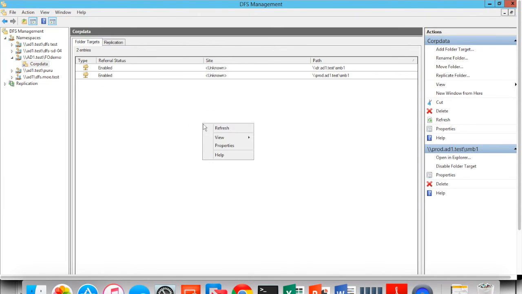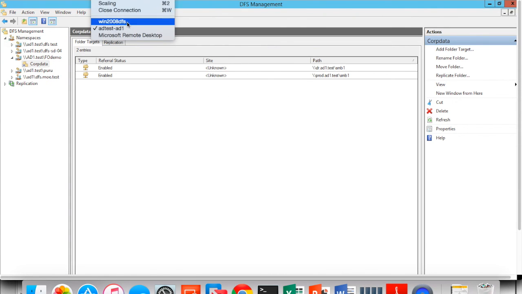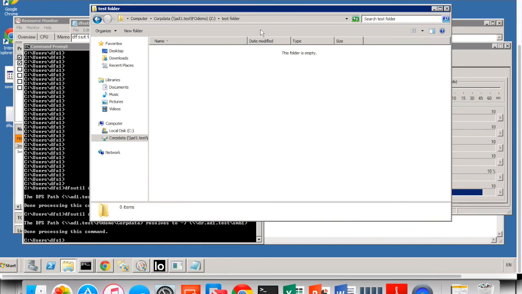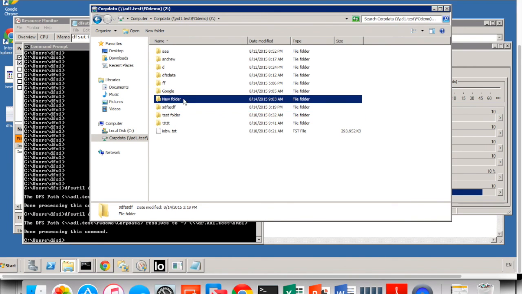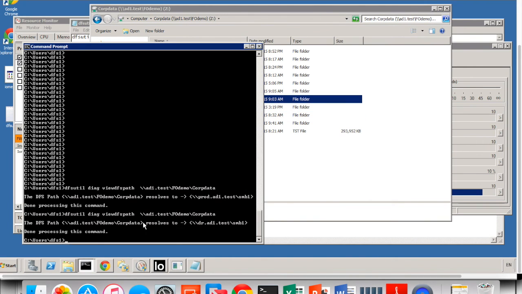So here we're looking at Active Directory. No changes here. Nothing needs to be done. As we can see, our client is able to mount and browse and use the data. We're now looking at the target cluster, and we can tell because DFS has now picked up the change from prod. Now we're over on DR. All this was automatic. The Kerberos ticket that was used to authenticate is still intact. The client cached both paths,